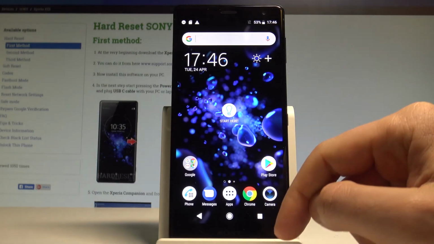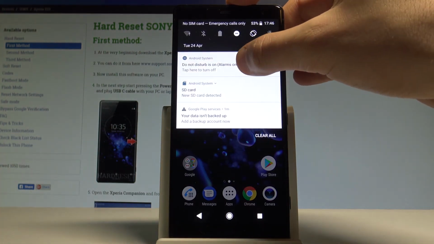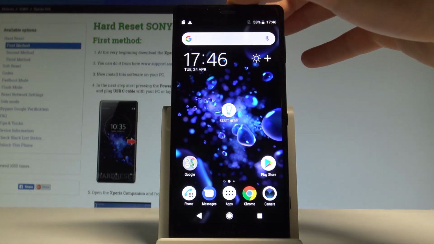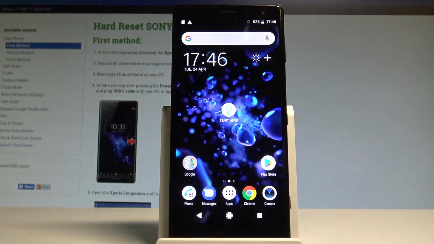And if you would like to disable this mode, let's use the upper bar. And let's tap on Do Not Disturb to deactivate this. Alright, as you can see the icon disappears, so it means that right now you are using the normal mode of your